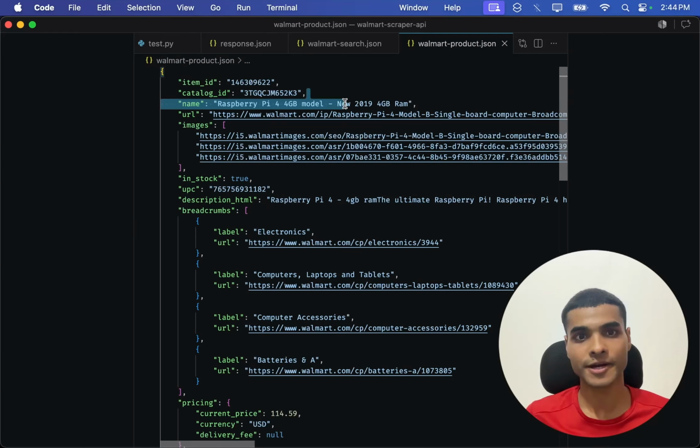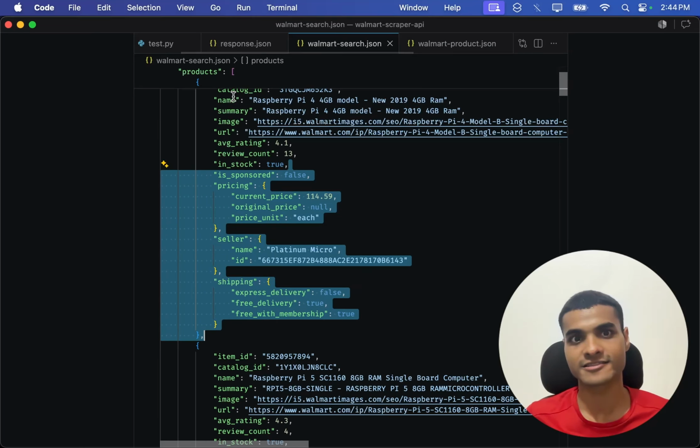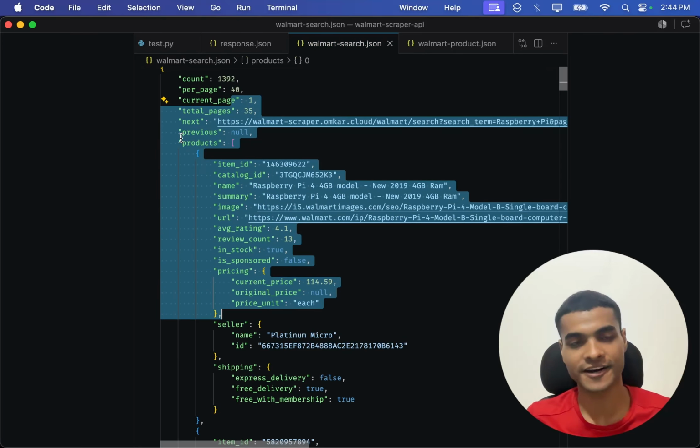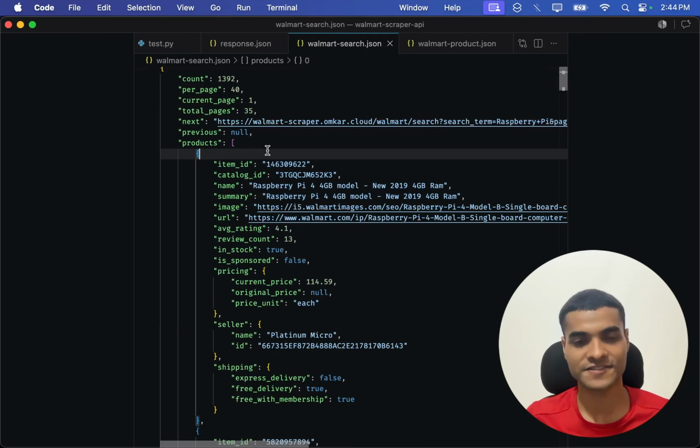Let me show you a really easy way you can get the Walmart data, and you don't have to write any complex selector or use a residential proxy, and you can get it in 5 minutes only. So let's roll. So we want to get product details like this one, and the search results like this one with pagination. Now, to get such kind of data, we need Python, and to make our life simple, and